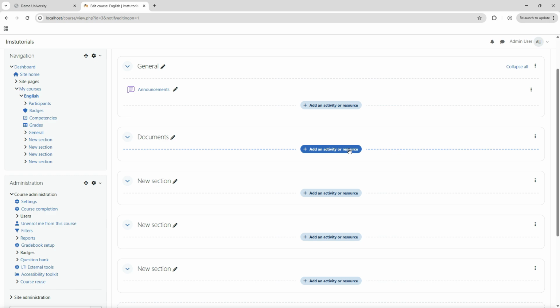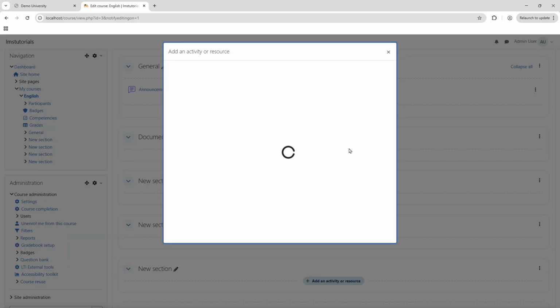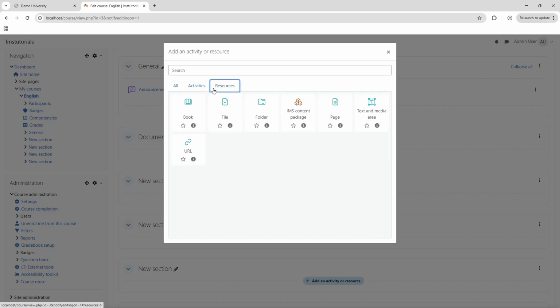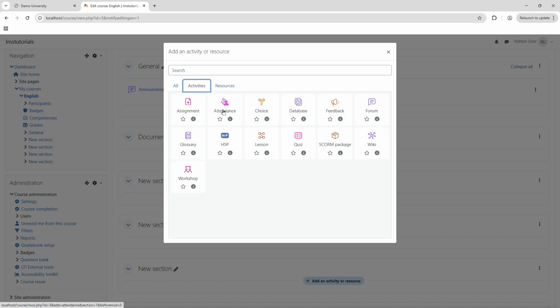Resources basically from where students need to study. So I'll click this. Now it will give me options over here, like activities or resources. In activities I have assignment, attendance, choice, database, quiz, H5P, SCORM package, etc. Mostly for our use we'll be using assignment, quiz, maybe SCORM package or H5P, and others we will see